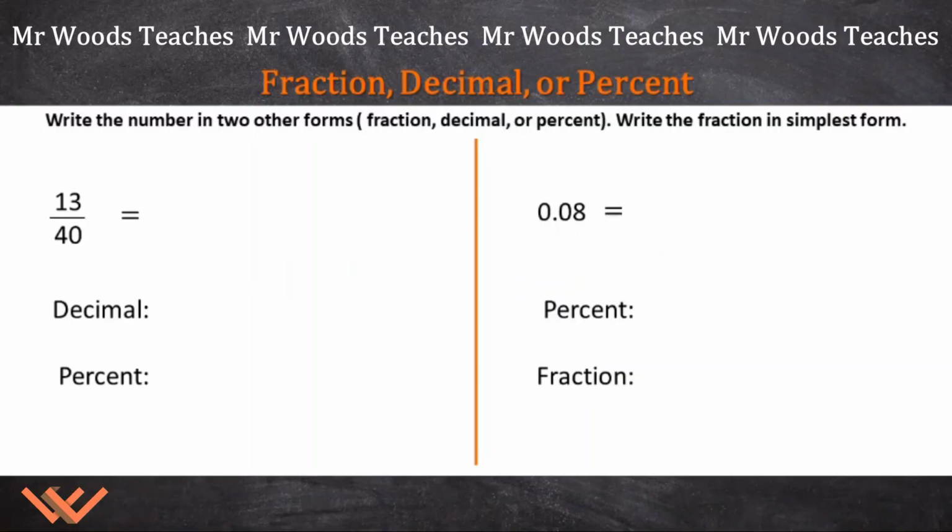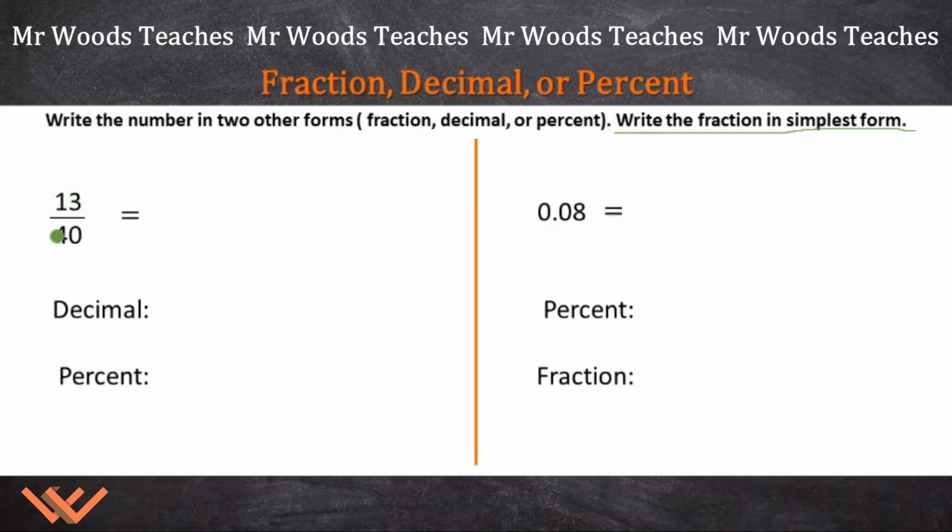Today we're working on the fraction, decimal, or percent. Let's take a look at what it says here. Write the number in two other forms, fraction, decimal, or percent. Then write the fraction in simplest form. I want to remember that, so I'm going to underline it. Let's take a look. So we have this fraction, and this ratio as well, we can use that term,